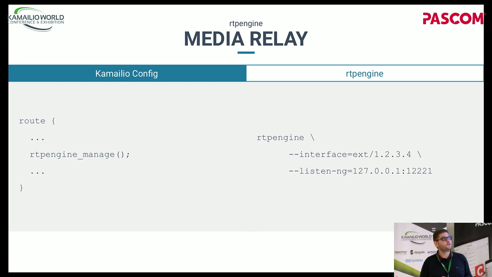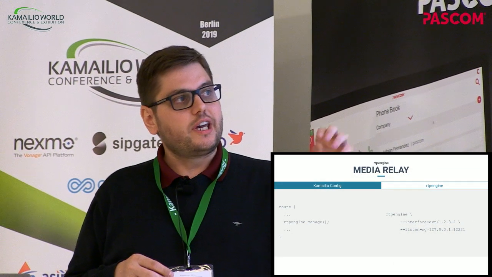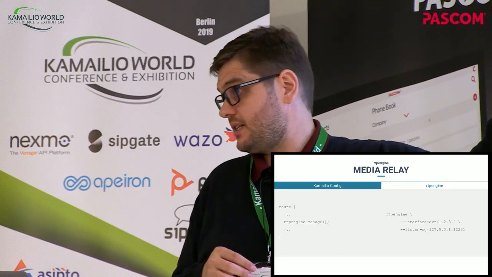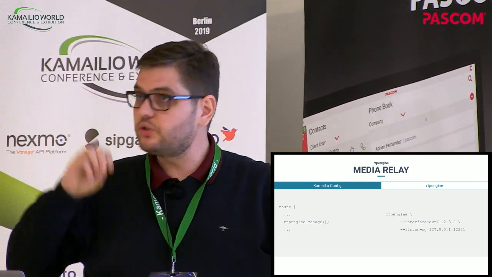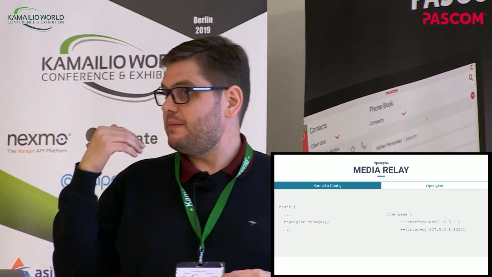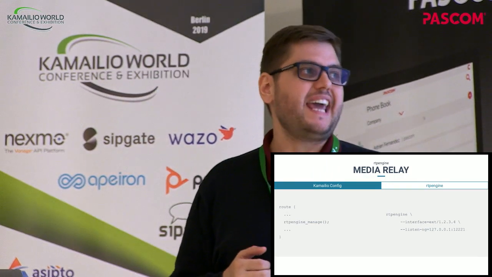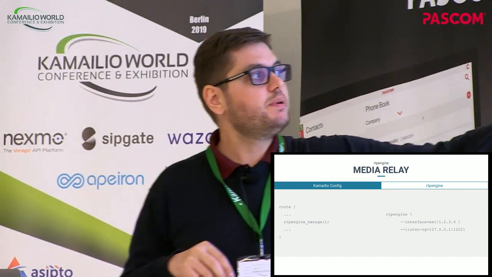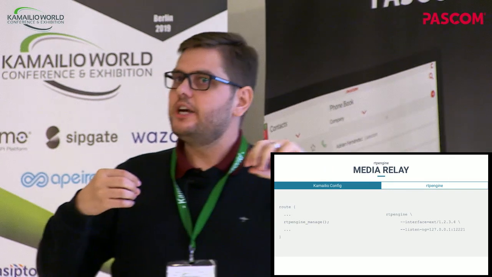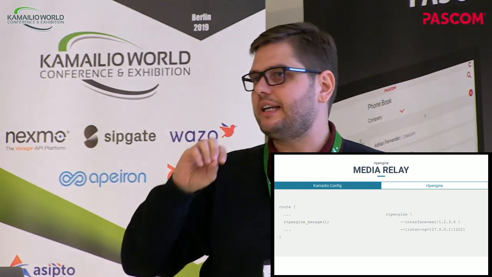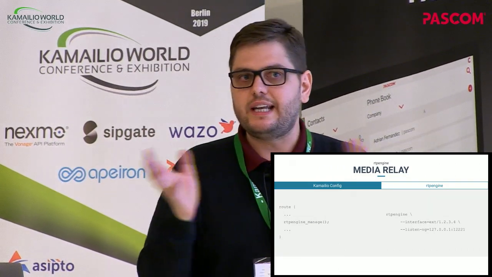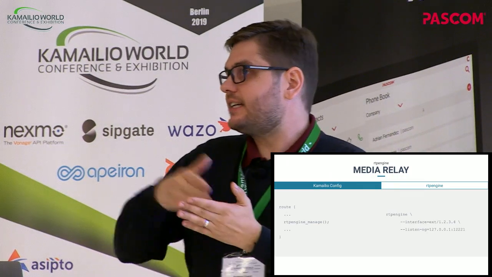There are a couple of variations of how you can start RTPEngine. As I said, you can use an interface definition. You can actually start it with an interface name instead of the IP, and then it will use all of the IP addresses bound to this interface. You can define more than one interface. In that case, it would be external, but you can also say, okay, I have an interface internal and an interface external. And then in rtpengine_manage, you can give it parameters saying, start bridging between the internal and the external network. Or you can have multiple networks and then decide, okay, I really need to bridge particular networks for, I don't know, peering calls, and then selectively choose the correct interface to route the calls to.